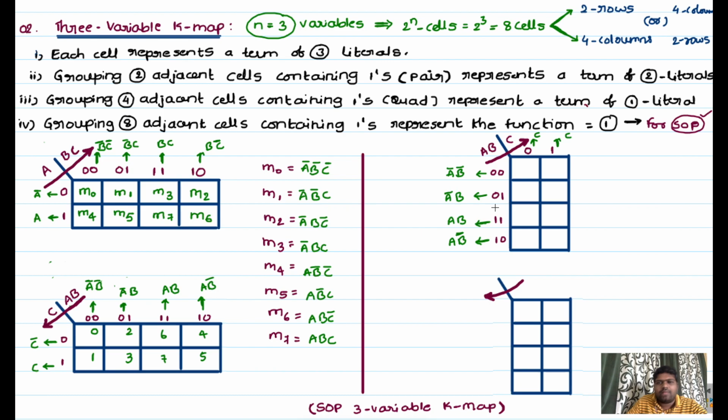Same thing you can follow here also. First you can fill this particular schema. After that we will move on to the next one. So now this arrangement is completed. Now you have to fill these square boxes with the numbering sequence. So ABC order. In general the function should consist of f of a comma b comma c. That's why I am moving from AB, this is first, and after that this one.